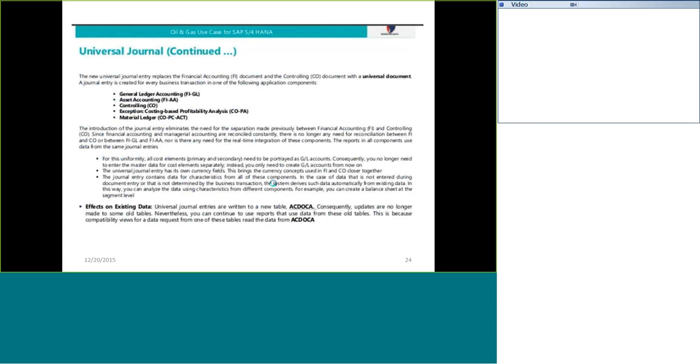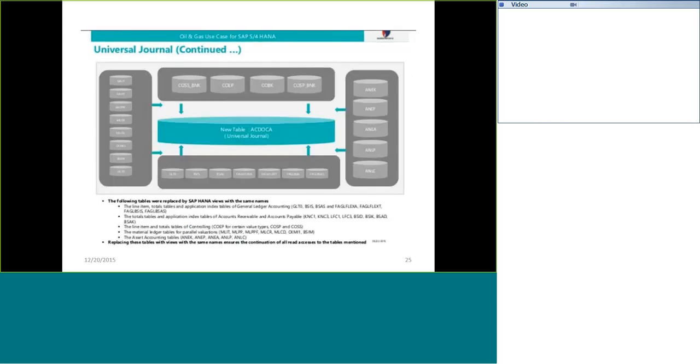The totals are all in the ACDOCA table. Before, we had to maintain so many tables. Now, the new table is ACDOCA, the Universal Journal, which includes all these tables.